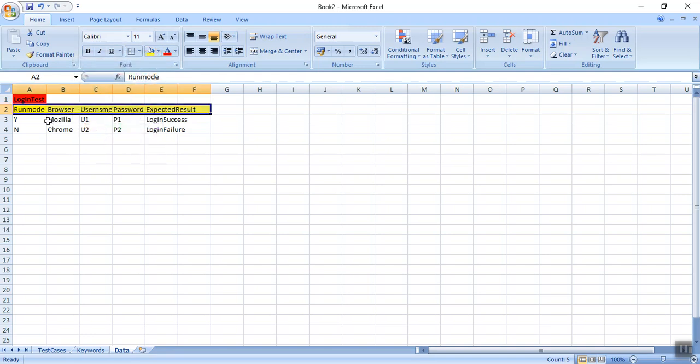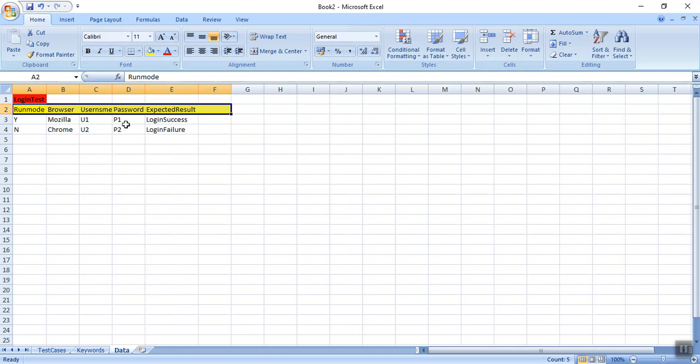The data has run mode yes, browser should be Mozilla, username this, password this, and it should pass. For the second one we have run mode no, browser Chrome, username U2, password P2, and it should fail.